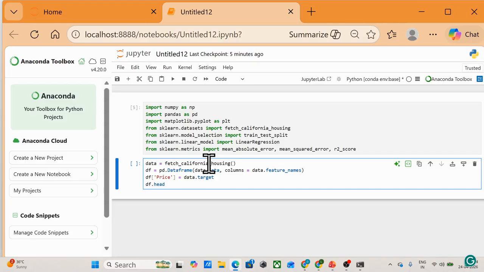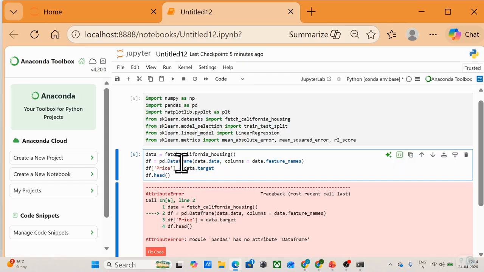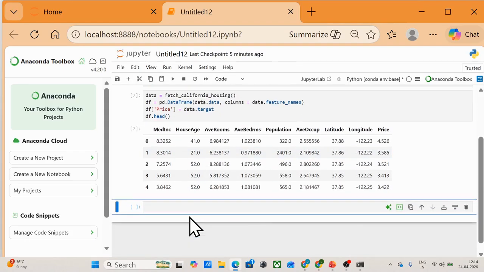Okay, this is here, I have made a mistake. We'll take this. Okay, so you can see here we have first 5 rows over here. So we have loaded the California housing data set, we converted it into a pandas data frame. Okay, and so it is easier to work with it, and we also add a target variable which is the house price. So let's take a look at first few rows. These are the first 5 rows that is visible over here.